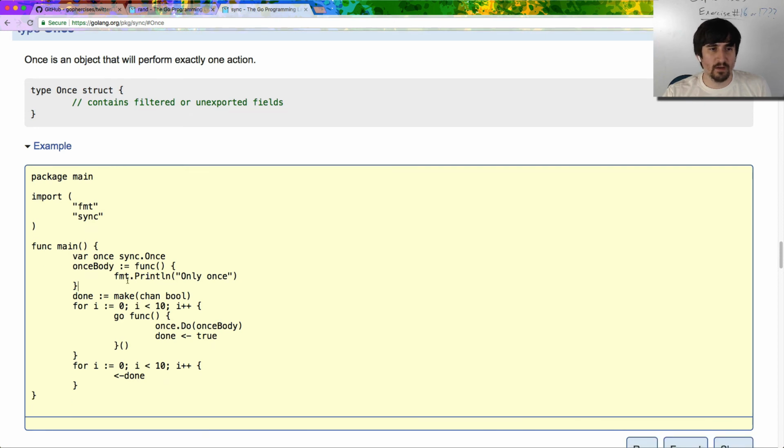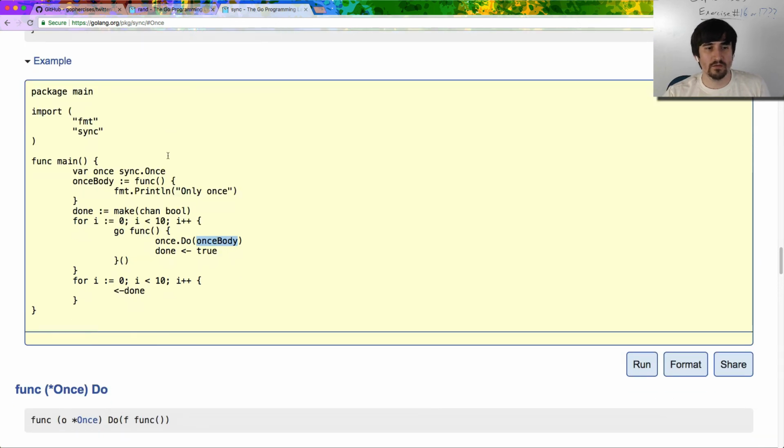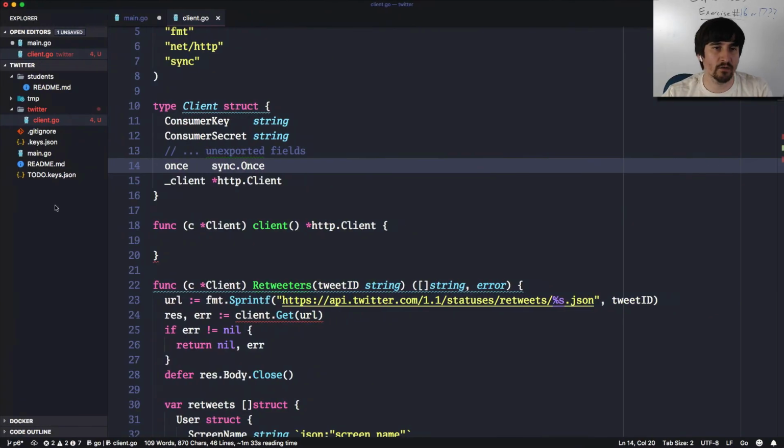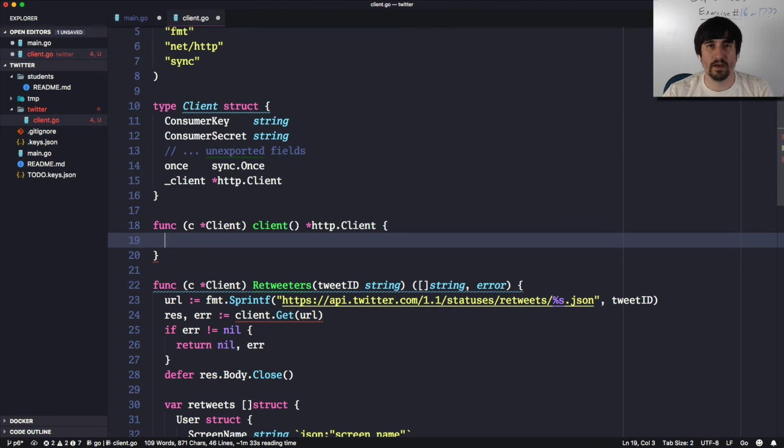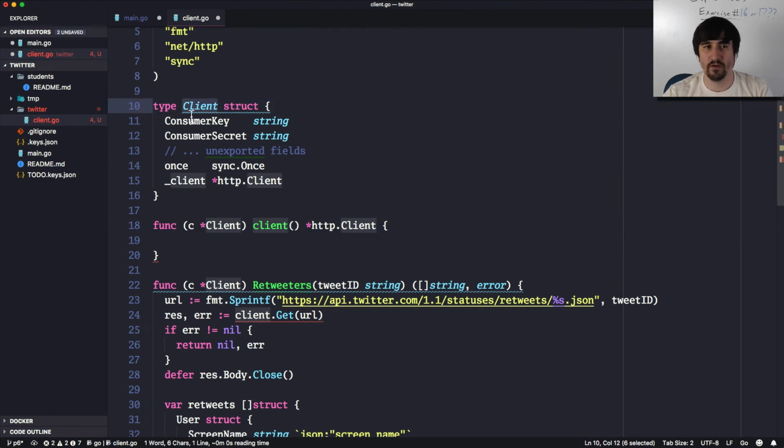So whenever we have a once function, this is the once body here, it'll say once.Do, and you pass it some function you want to perform. And what's really cool about this is that no matter how many times you queue it up, it will make sure it only happens once, and everything else doesn't end up executing that function, but it does wait for that function to finish. So it's a nice way to do setup work that we're going to need to do, like setting up this HTTP client, without worrying about